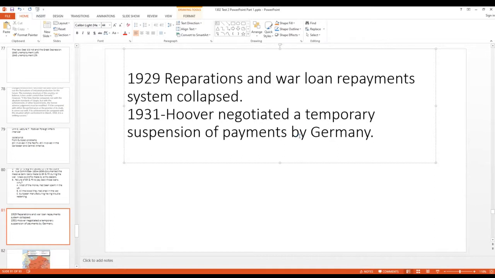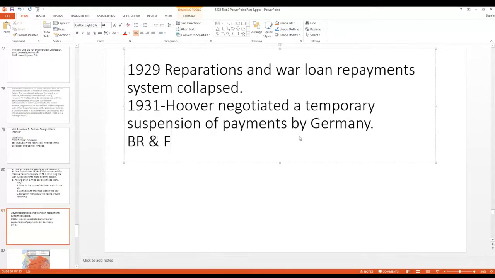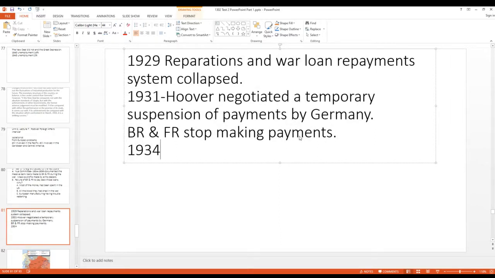Well, Britain and France felt, well, if the Germans aren't paying us, we don't really need to pay the Americans, because this whole not making payments was America's idea. So Britain and France stopped making their payments, and that's where they definitely misread the situation. Because in 1934, Congress passed what was called the Johnson Debt Default Act,